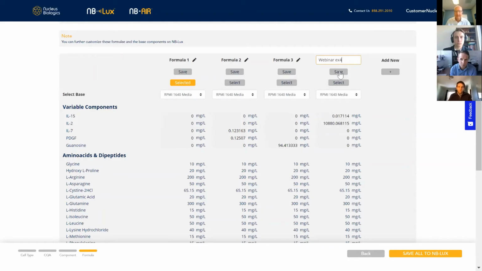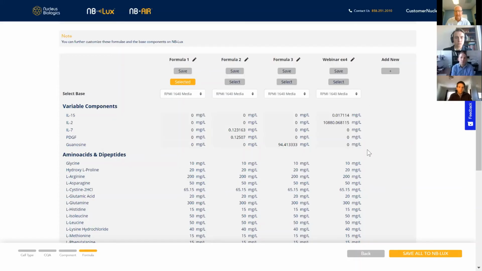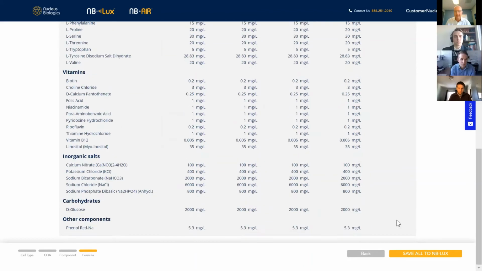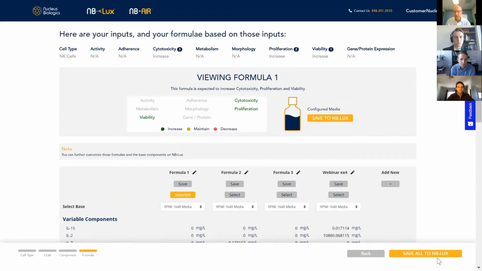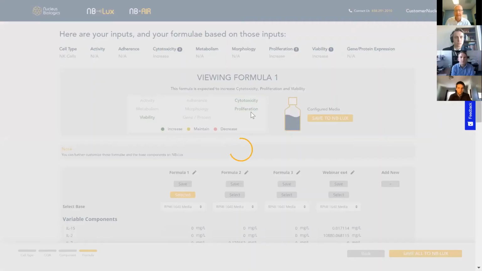You can save that. And what ends up happening is once you've looked at this, you can make modifications or save all these formulations directly to NBLux and then order them. And so I'll show you that functionality here. And NBLux is our online portal. So now that you've got the 4 different formulations,